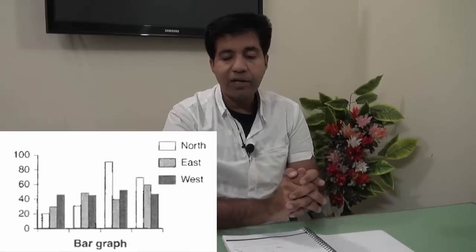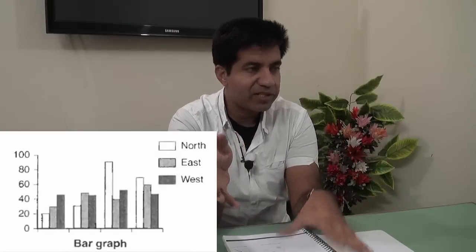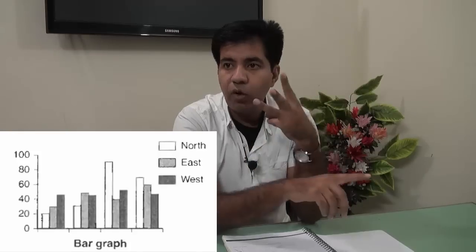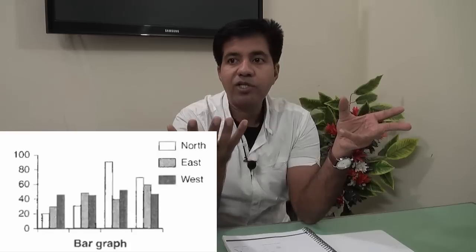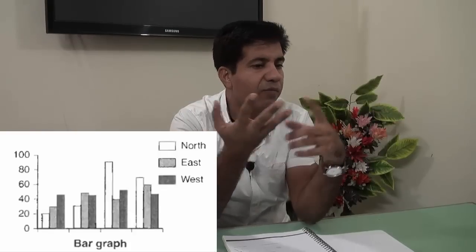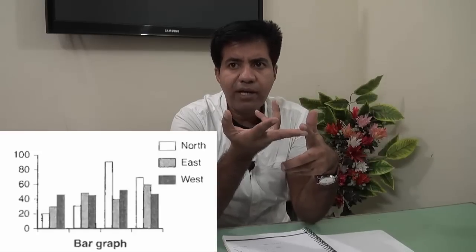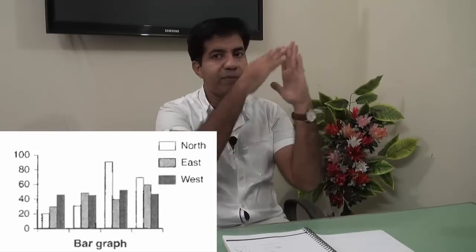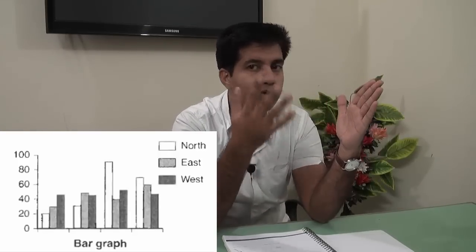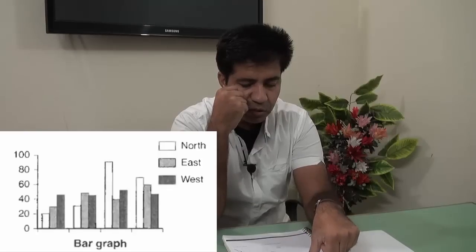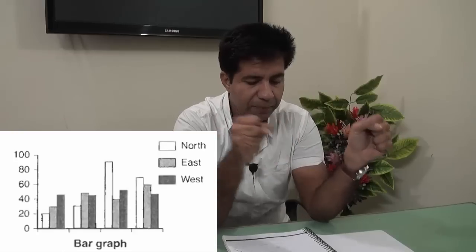Next we've got the bar chart. Now there can be a simple bar chart or like this: north, east, west. There are 3 bars. One is north, one is east, one is west. In the same way, there can be another bar chart, like one bar can be car, one bar can be bus, one bar can be motorbike, right? And on this side we'll be having the numbers or the values or percentage from 0 to 100, 0 to 40 or whatever. Here we've got 0 to 100. Clear? Yes. Pie chart, line graph and bar chart.